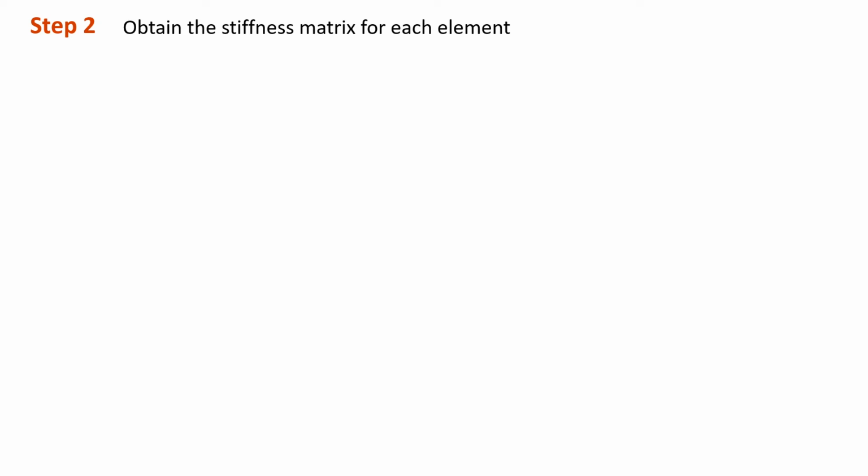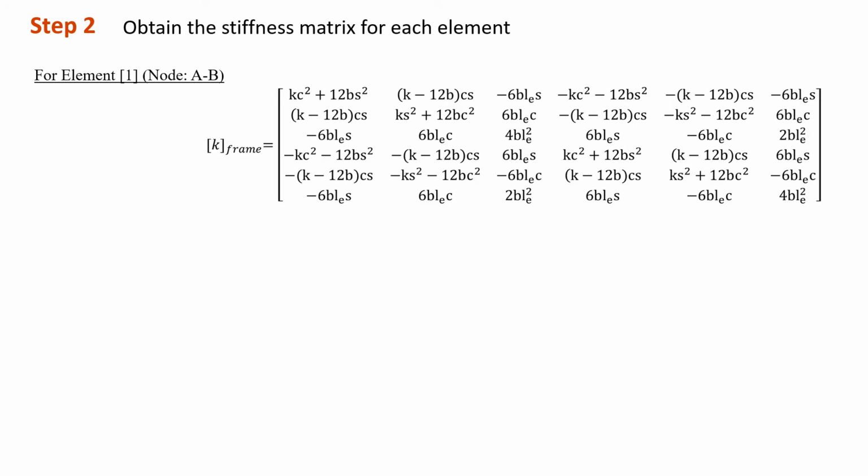Once we have determined the unknown degree of freedom, the next step is to obtain the stiffness matrix for each element. So we start with element 1 between node A and node B. In this case, we will connect the element from node A to node B. So by referring to our K frame's global matrix,